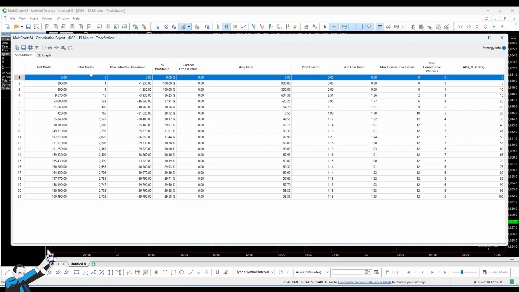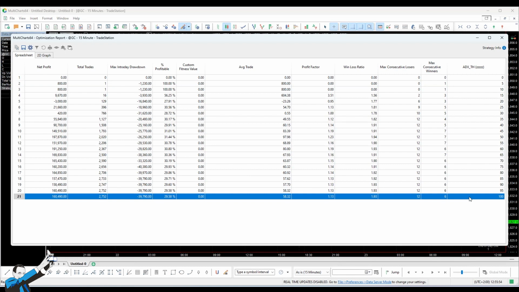I'd just like to point out that the number of trades is 0 when the ADX filter is equal to 0. It's like telling the strategy, a trade only when ADX is less than 0. But ADX can have a value from 0 to 100, so if we set the threshold to 0, we'll never trade. In the latter case, ADX equals 100, we'll always trade. So let's see if there is a value worth using this indicator or not.